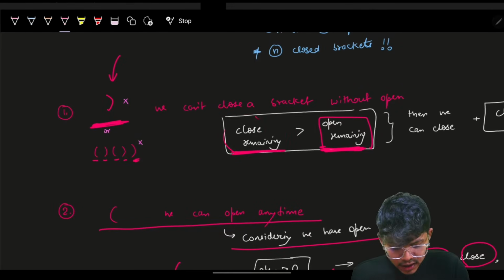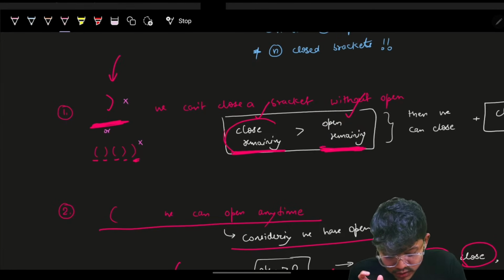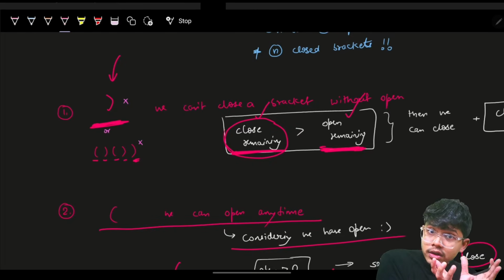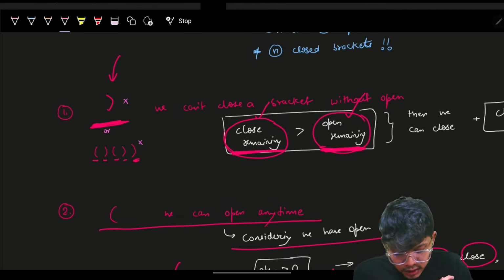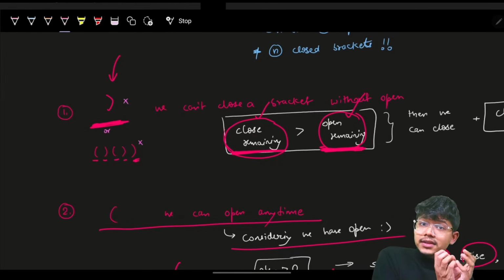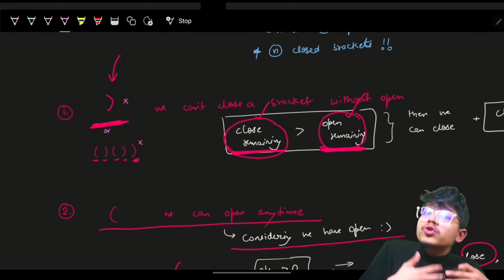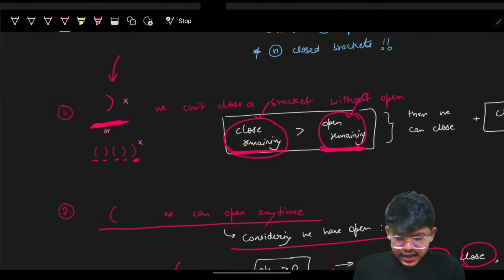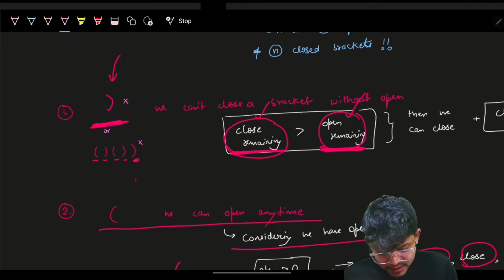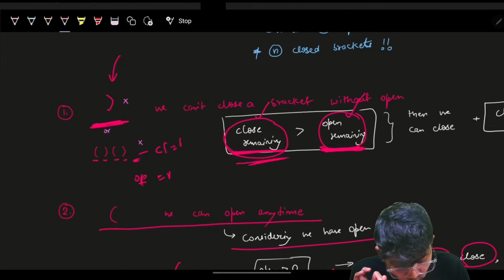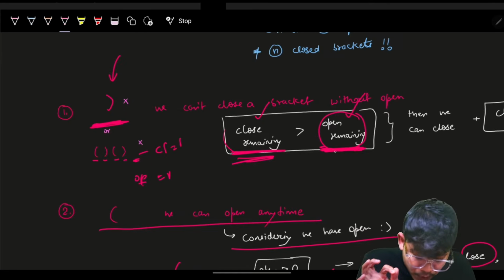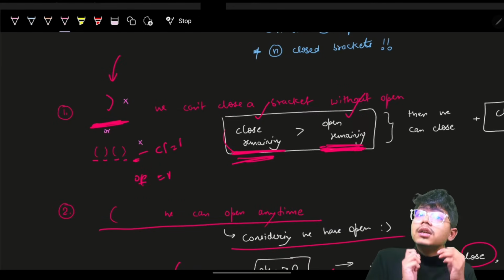So I maintain the closing remaining number of brackets and opening remaining number of brackets only when my closing remaining number of brackets are actually more than the opening remaining brackets. And opening remaining brackets, if they are less, indicates that I have used more opening brackets previously. Then I can just, and again, for this opening brackets remaining, here are 1, closing brackets remaining, again here are 1, equal, again not equal. If closing brackets remaining are more than the opening brackets remaining, only then I should place a